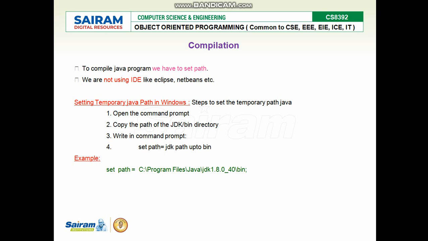That is, set path equal to, and paste the path you copied from the address bar. For example, C:\Program Files\Java\JDK 1.8, some version, up to bin. So this is the method by which a temporary path can be set in Windows.